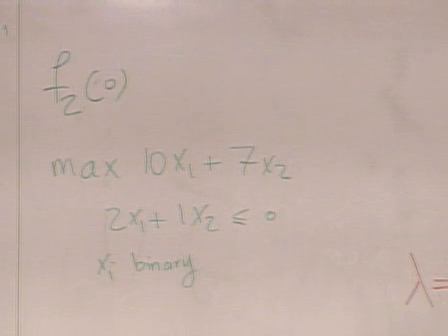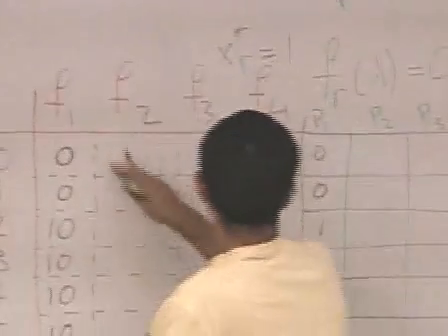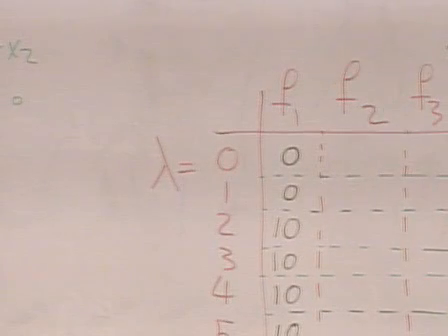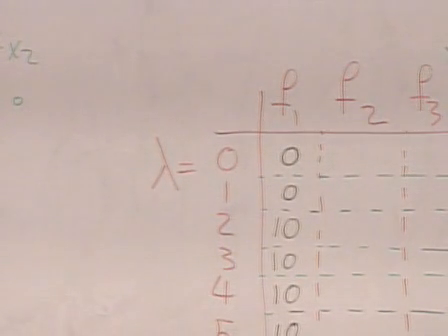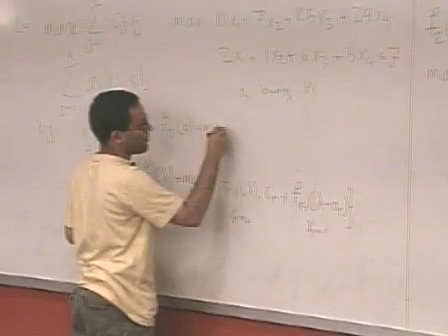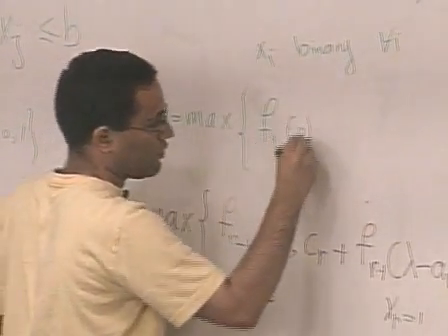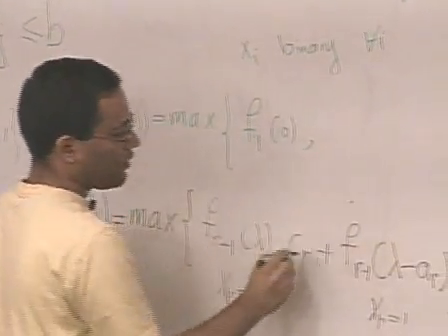It's not going to make any sense. So I put nothing there. And the value of F2 of 0 would be equal to maximizing F1 of 0, comma